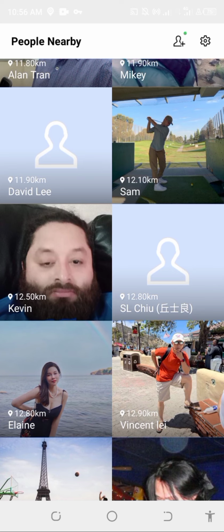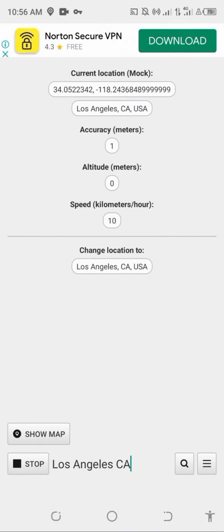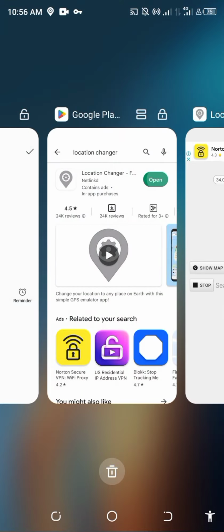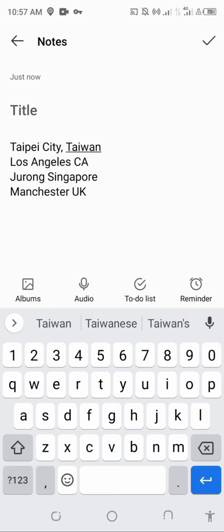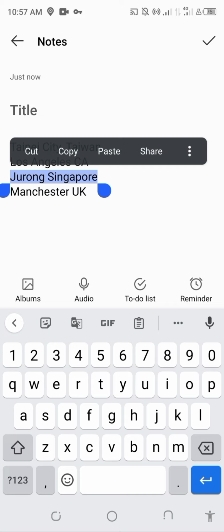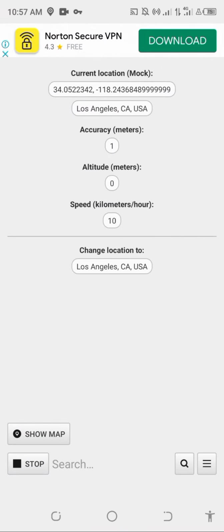Okay, let's try the last one. Now, we still go back to our location changer. Let's now go to Singapore. Let's search for Jurong, Singapore. Okay, paste.